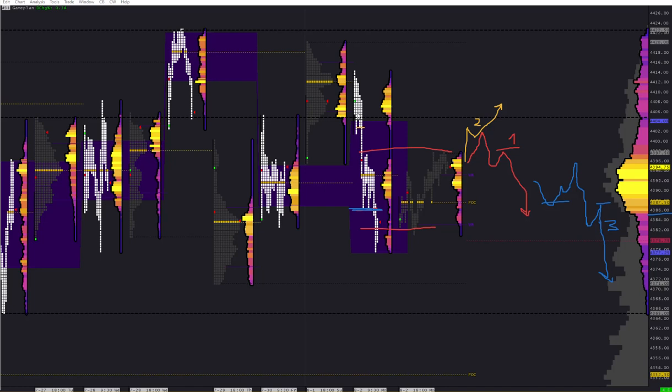I was entering long when we got this dip below yesterday's high and got back above, but I couldn't get my first take profit, and I didn't exit once we started building acceptance lower. So I got into trouble when we dipped lower. I got stopped out, and instead of looking for shorts on this retest, where we had a very nice opportunity to enter short, I was trying to buy around here, which was quite an ugly trade, poor trading on my part. I missed the really good opportunity on this pullback here, but well,